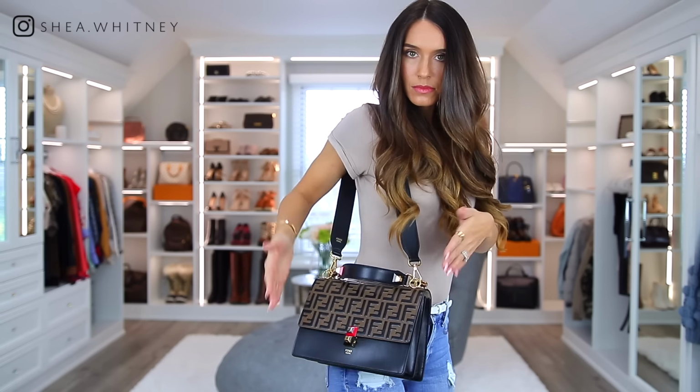So for me, I recommend either Fendi, Gucci, or Balenciaga, because guys, those are super trendy right now. This is my Balenciaga bag, this is my Fendi bag. I've got a couple Gucci's over there, guys. I love them. And yeah, I know that probably in a couple years, this is not gonna be good anymore, but I like it a lot. It's just worth it to me. And yes, guess what? This is an advertisement for Balenciaga, but boy, do I enjoy it. So, hey, buy what you love, buy something trendy, something that just makes your heart smile when you walk into that store. The fifth and final bag you should consider when starting your luxury collection is something with color, something